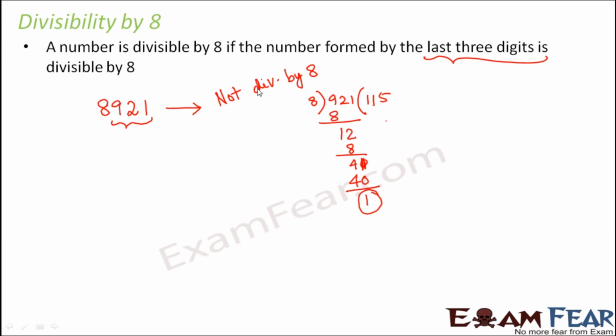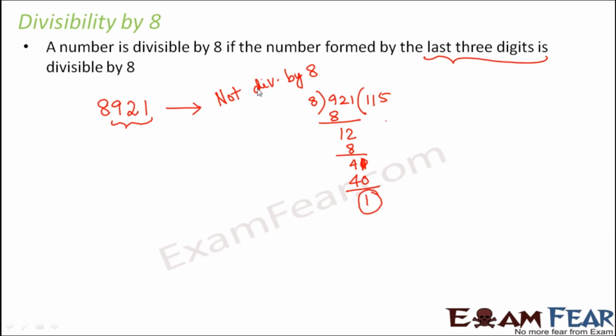Now here you might have a question in your mind that okay, let's say if we have a 3-digit number, what will I do if I have to find out if that number is divisible by 8 or not? Well, this divisibility rule of 8 applies mostly for bigger numbers, because if it is a 3-digit number, you anyways need to find it out by actual division. So this rule is helpful for 4-digit numbers or bigger numbers.